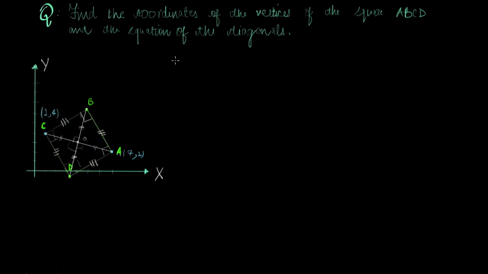The first thing was to find the midpoint of O. So the coordinates of O, which is the midpoint, would be given by (1 plus 7)/2, comma, (4 plus 6)/2. And why do I do that? Because if the coordinates of the ends of the line segment are known,